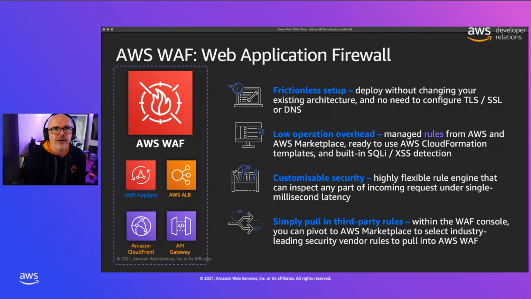These are rules that are updated automatically to protect you against the most common threats, like cross-site scripting detection and SQL injection detection, as examples. It's highly customizable, so you can use your own rules, or you can also use third-party rules that you can find in the AWS Marketplace. So WAF integration really opens up the door for a lot of additional security and protection of your API.